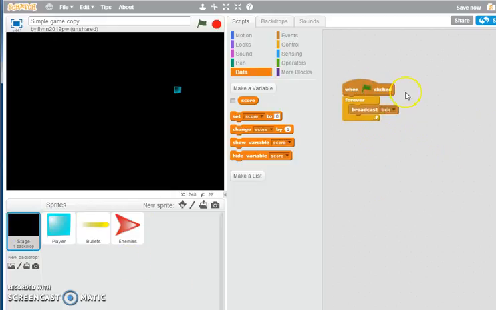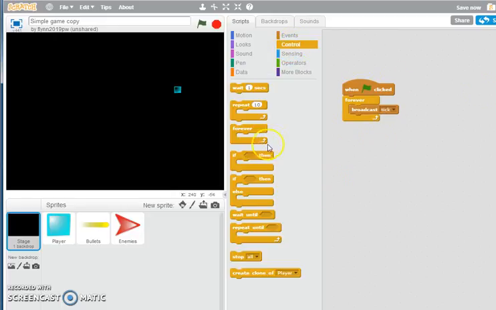This is what it is. It's basically just a forever loop with broadcast tick inside of it. This is basically just another forever loop, except you can control everything from here. If I wanted to, I could have it only go if you're not pressing the key P, which would basically